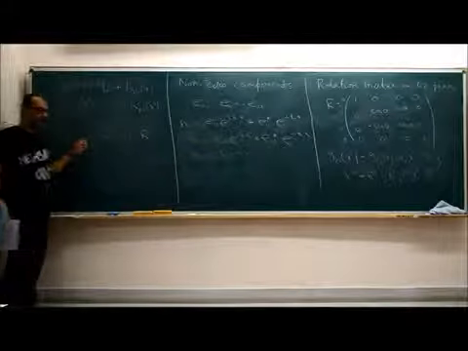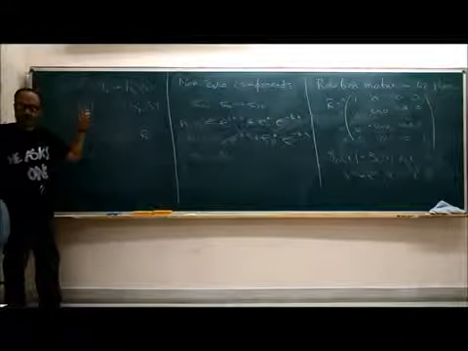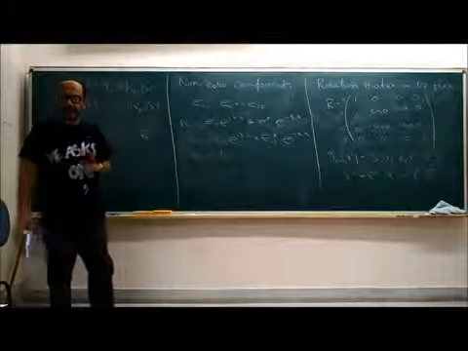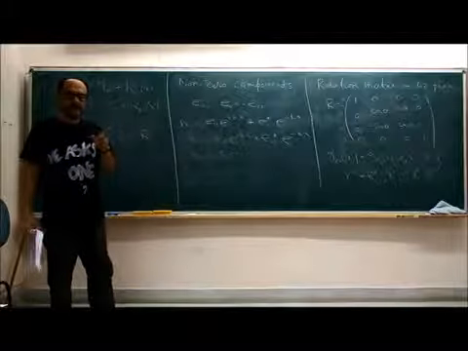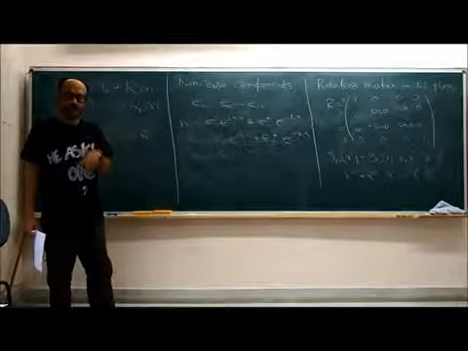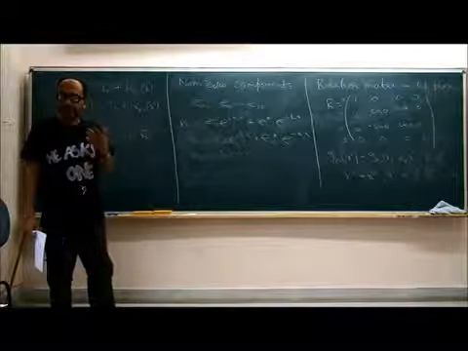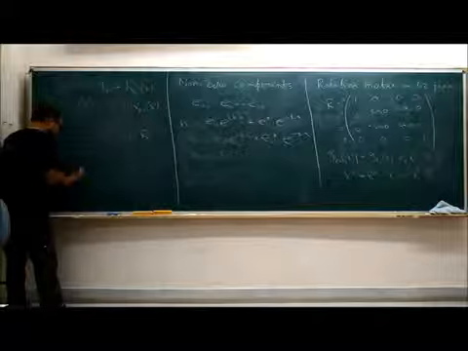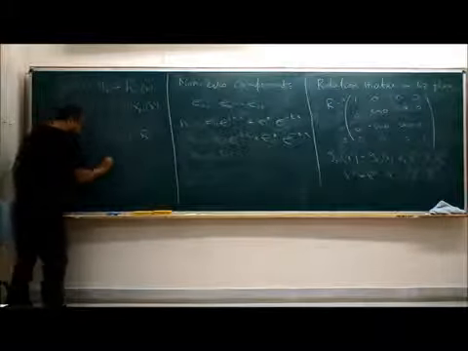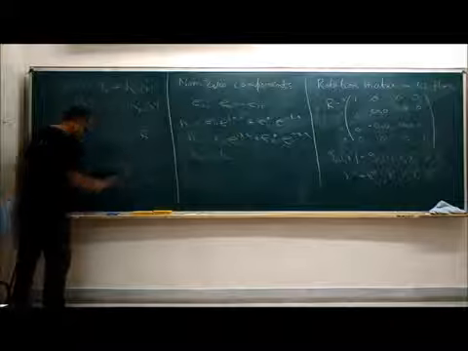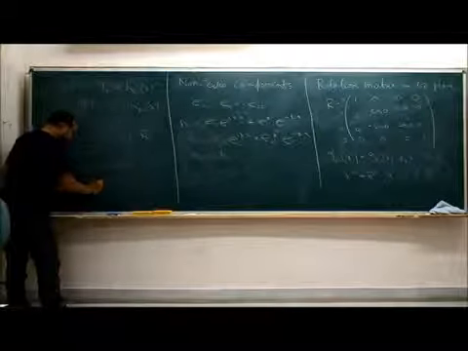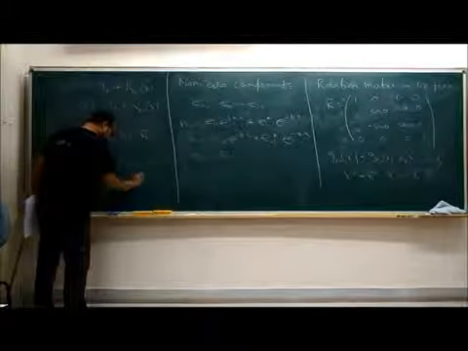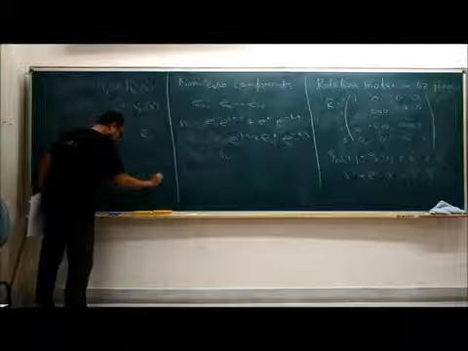Now the x dependence of h comes from the e to the i k dot x factor, and because you have taken k to be along the 0 and 3 direction, it doesn't involve x1 and x2. Right? e to the i k dot x is invariant. So h prime mu nu of x prime is the same as h prime mu nu of x, because k dot x is equal to k dot x prime for k equal to k 0 0 k.